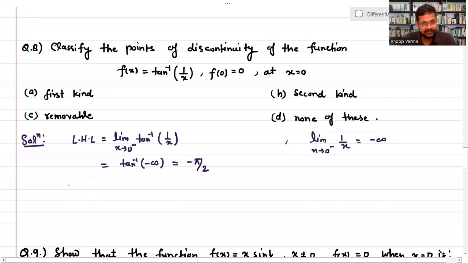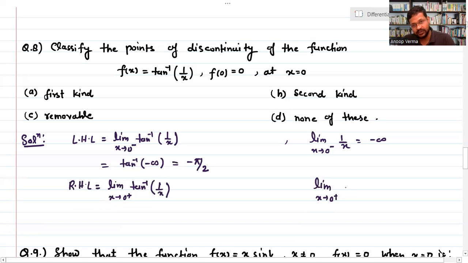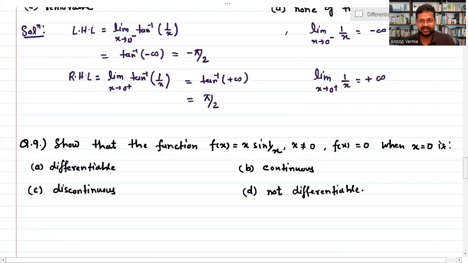So the right hand limit is just equal to limit x tending to 0 plus of tan inverse 1 upon x. And here we also know that when x is tending to 0 plus, this 1 upon x will be tending to plus infinity. So from here you will get tan inverse plus infinity, and for plus infinity we will get pi by 2. So here the left hand limit exists and the right hand limit exists,